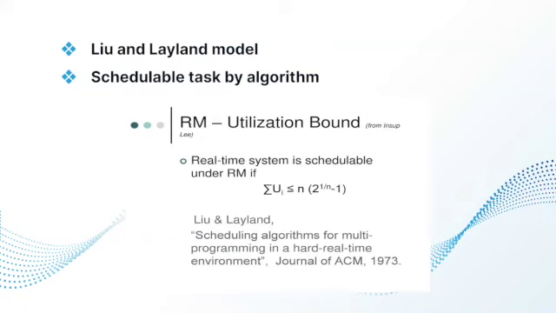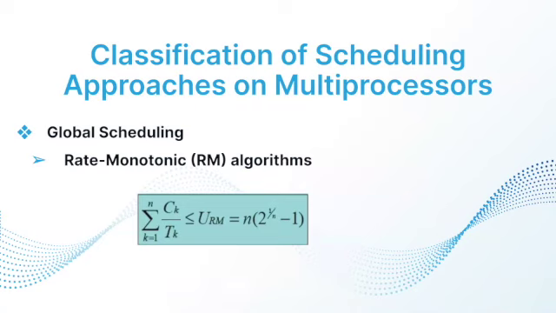As you can see here, there is a simple example of an algorithm regarding a real-time system schedule, which is schedulable under the RM. If you see the formula, U is less than n, and so on. We're going to discuss that later on. I just pulled this one out of the Journal of the ACM of 1973 regarding the Liu and Layland scheduling algorithm examples. Okay, as said before, let's talk about some of the interesting stuff.